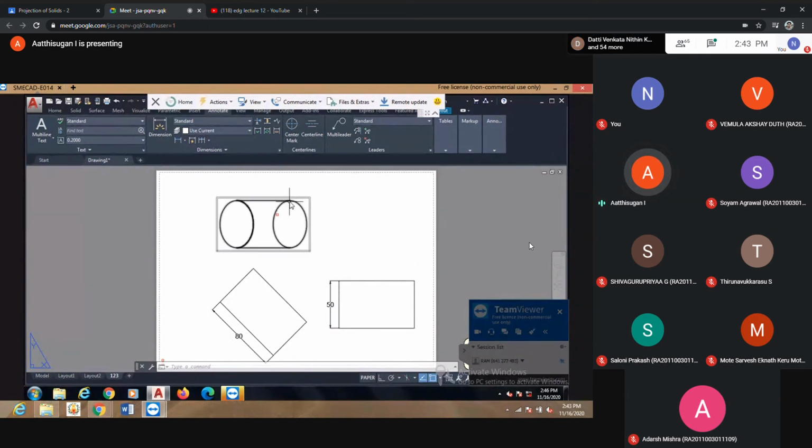I am not able to give 50 here because this is one single object, so I am giving it here. Because this is twisted, it is not a circle now, it looks like an ellipse shape. So here, maybe not giving on the circle, I am giving directly here. Or else you can give directly here also. That is also a method.